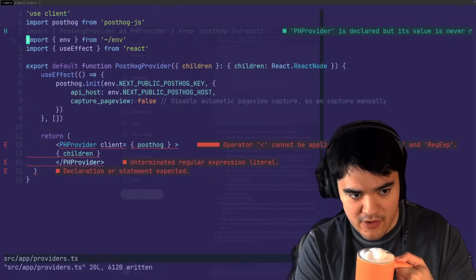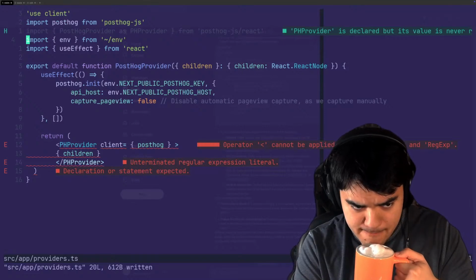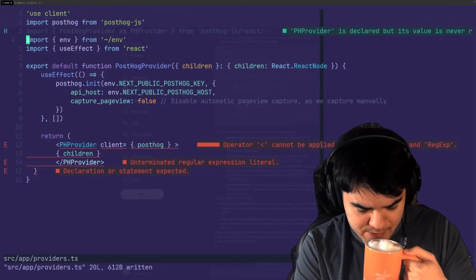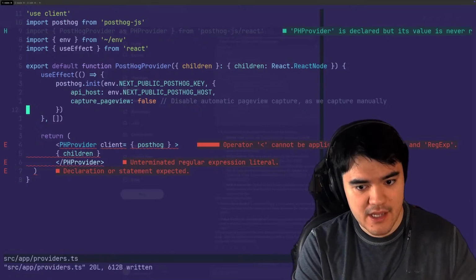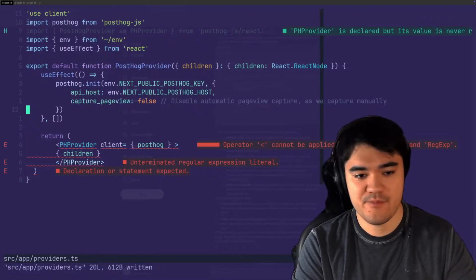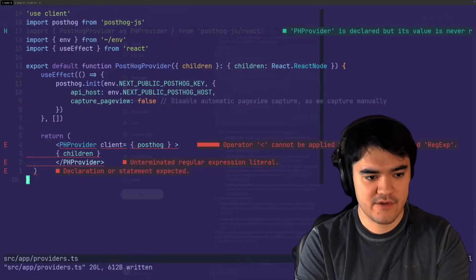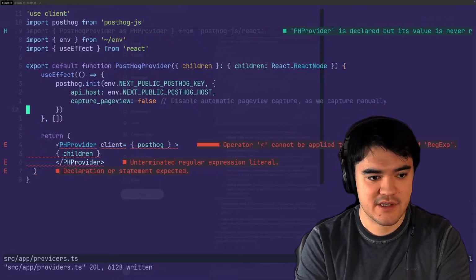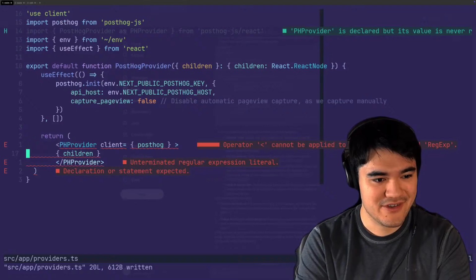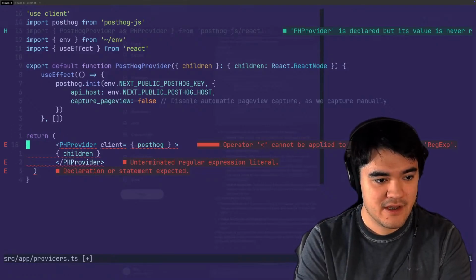It is not working correctly. I have not seen enough of these TypeScript syntax errors, so I unfortunately do not know how we're going to fix it, but we'll figure it out.